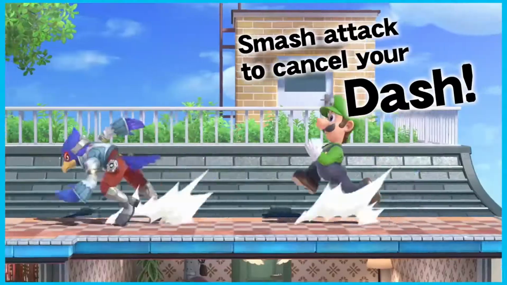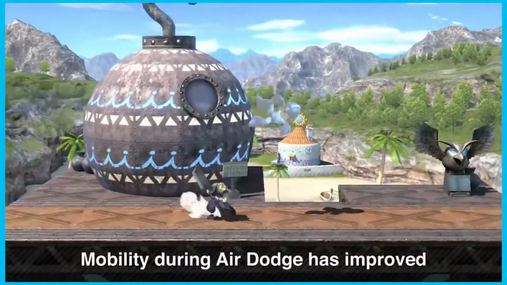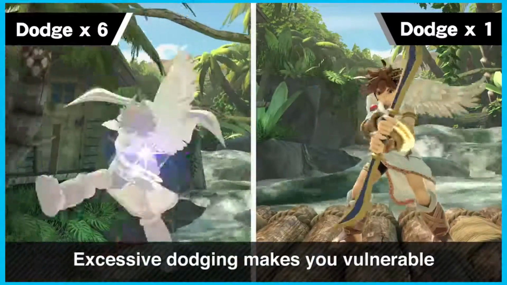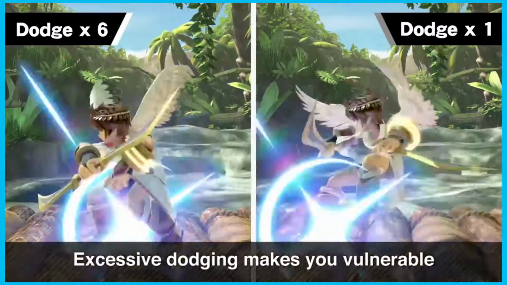Let's take a sneak peek at the new and returning techniques you can pull off during battles. The directional air dodge enhances mobility. It can come in handy when recovering from a fall. However, if you dodge too much, even on the ground, you'll be wide open to attack and your duration of